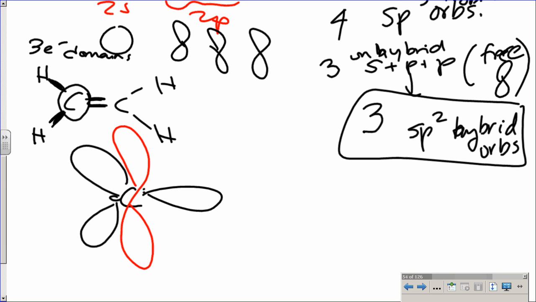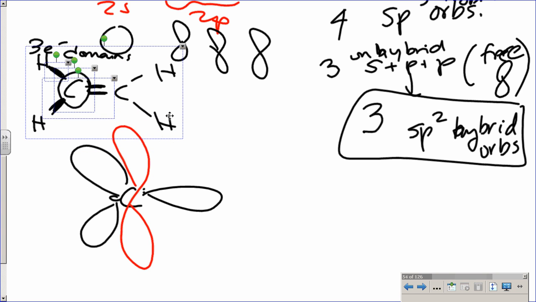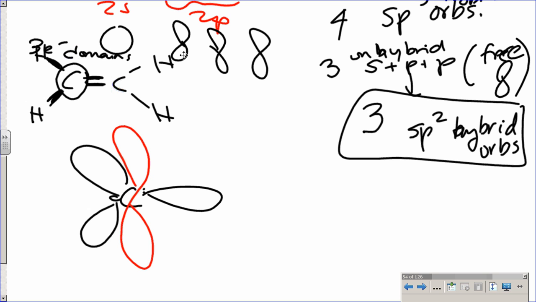That looks like a p orbital. Okay, so that's it, just chilling, hanging out. I need to move this though, because I need some space. I want you up here. Okay, well, that works. This one is sp2, and it's overlaying with a hydrogen atom, because that's what it says,